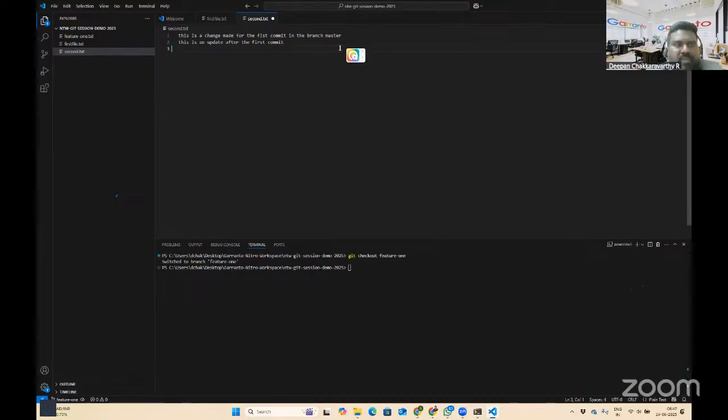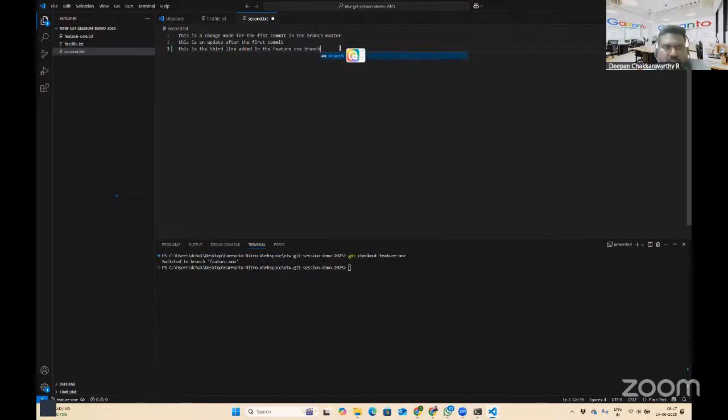Now the change that I'm going to do in the second file, where I'm going to add a third line in feature one, will conflict with the change that I did in the master. So I'll say this is the third line added in the feature one branch.